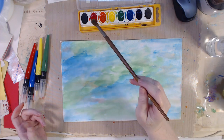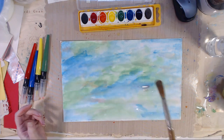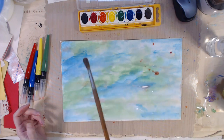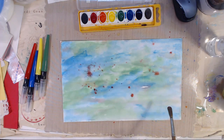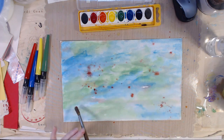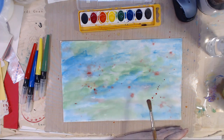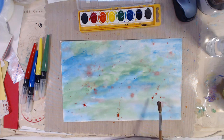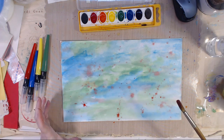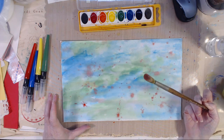Okay, now we need just a touch of some red. This does make a little bit of a mess if you do that. Oh, now I splattered all over. Last time I did this, I was not making videos, I don't think. There's plenty of red in my paintbrush, and I don't want to...